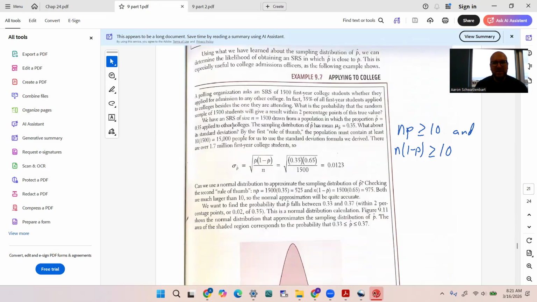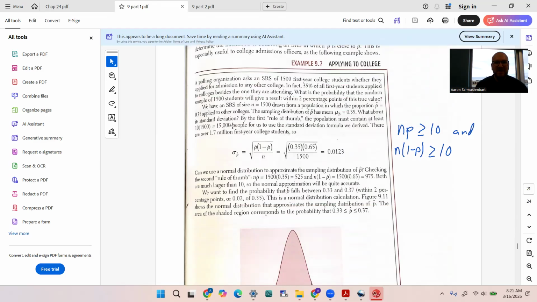So example, applying to college. A polling organization asks an SRS of 1,500 first-year college students whether or not they applied for admission to colleges other than the one they're attending. In fact,